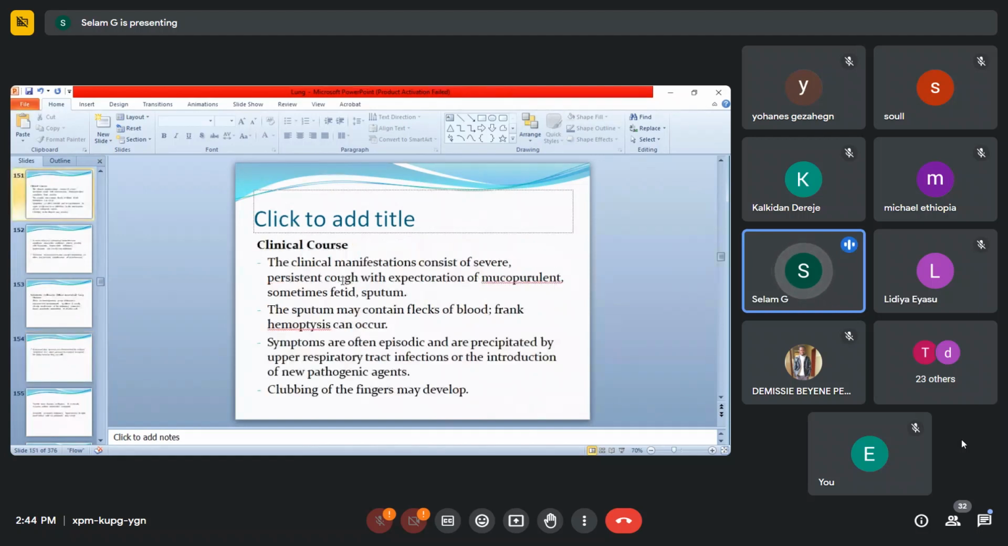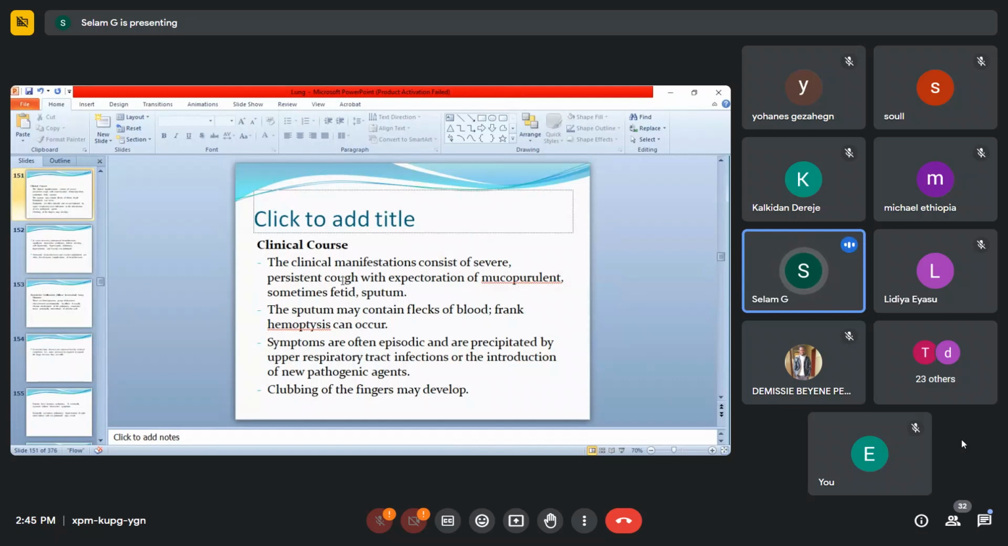The sputum may contain flakes of blood. Frank hemoptysis can occur. Symptoms are often episodic and are precipitated by upper respiratory tract infections or the introduction of new pathogenic agents. Clubbing of the fingers may develop due to chronic hypoxia of these patients. In cases of severe widespread bronchiectasis, significant obstructive ventilatory defects develop with hypoxemia,